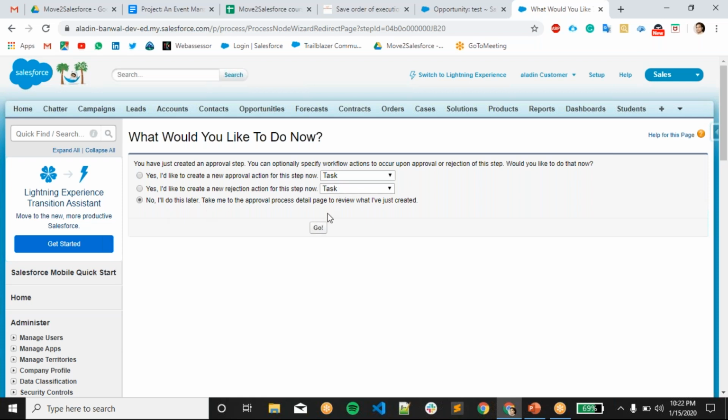Right now we don't want to create any task. It is asking us to create a task for our approval action, like if it is approved, or if it is rejected. But right now we don't want to create any task.